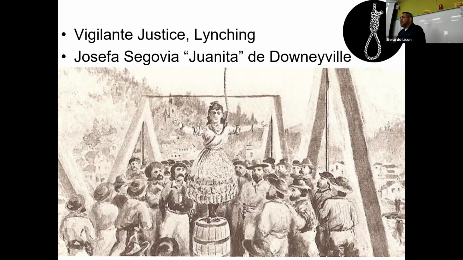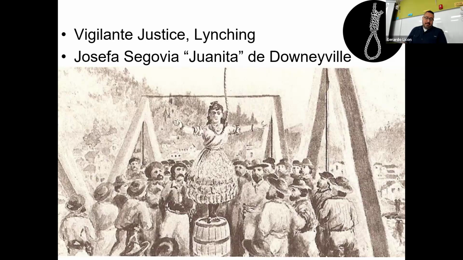It was kind of like they were just wanting to pretend to have a trial, even though their conclusions were already made up. So they had the trial and they lynched her. That made her the first person that we know of to get lynched in California. The only woman we know that got lynched in California.